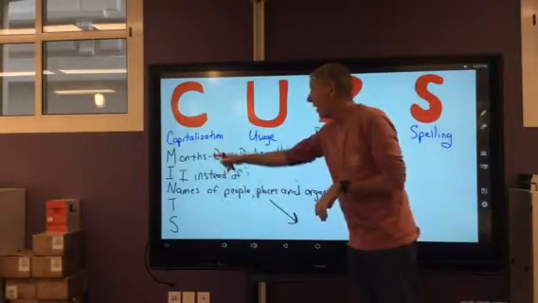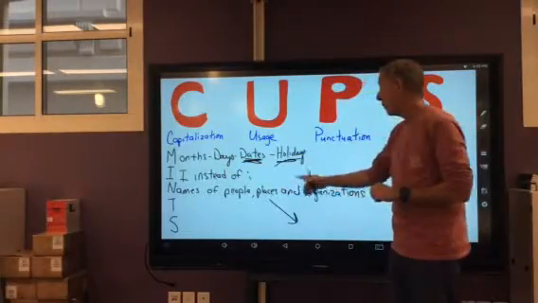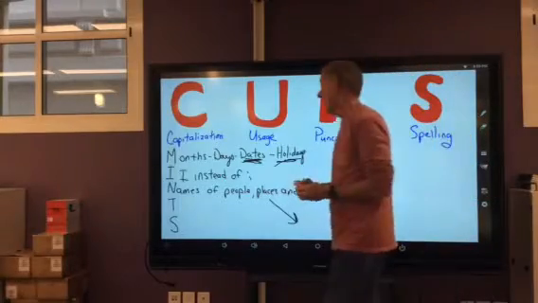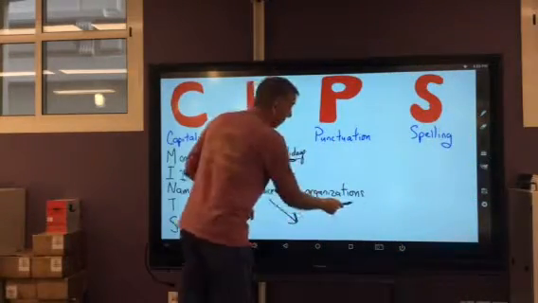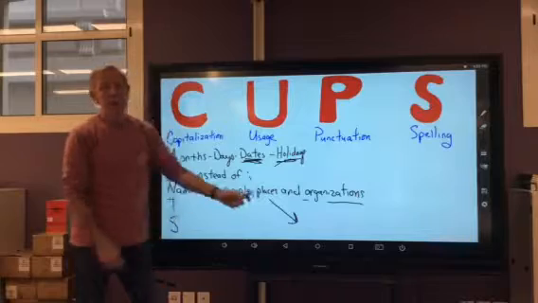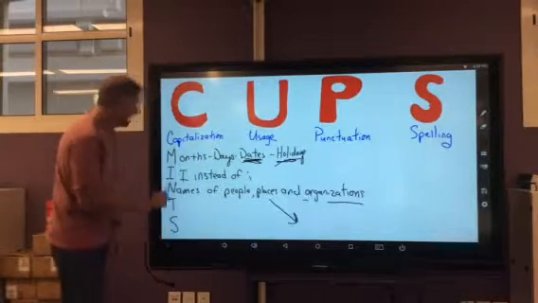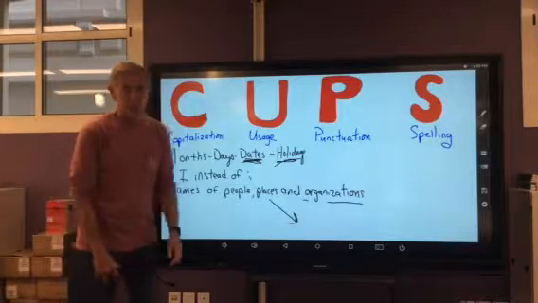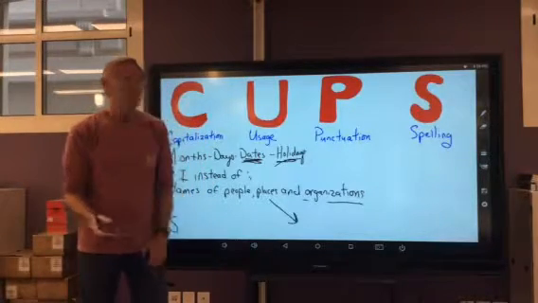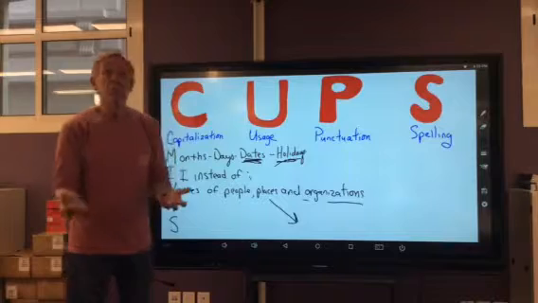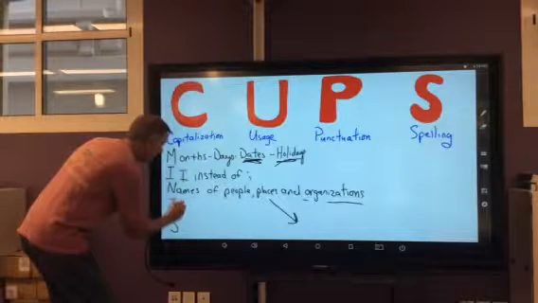So, names. The N stands for names of people, places, and organizations. I can tell you this much. When in doubt, capitalize it. Okay? T is for titles. Titles of people, books, movies. Okay, so titles,